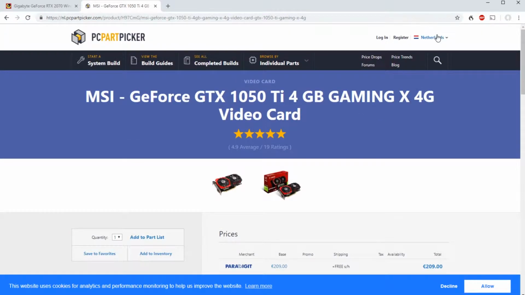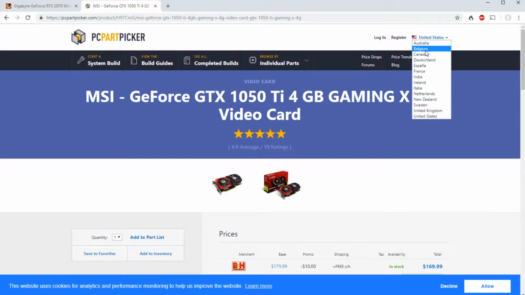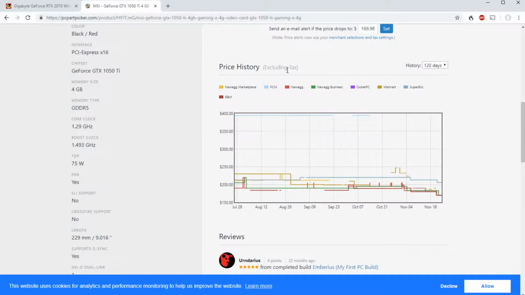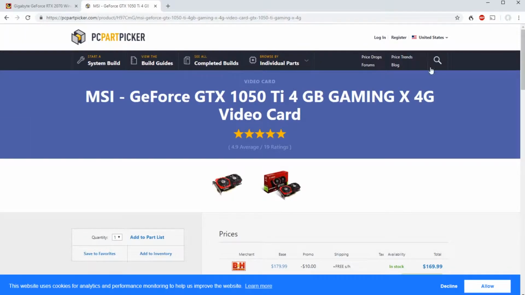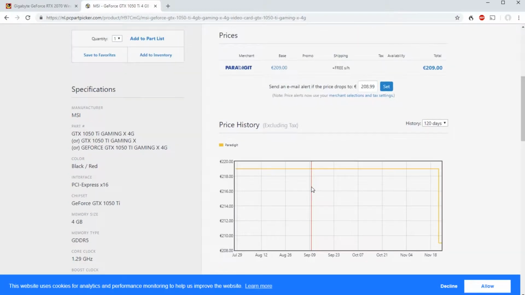It has a very low amount of stores for some regions and a better amount of stores tracked for other regions, as you can see. One very good thing about these sites is that both of them have a price history for the part, excluding tax in this case, because as far as the US goes, the tax is not included. Let's put it on Netherlands. It also excludes tax, strangely,